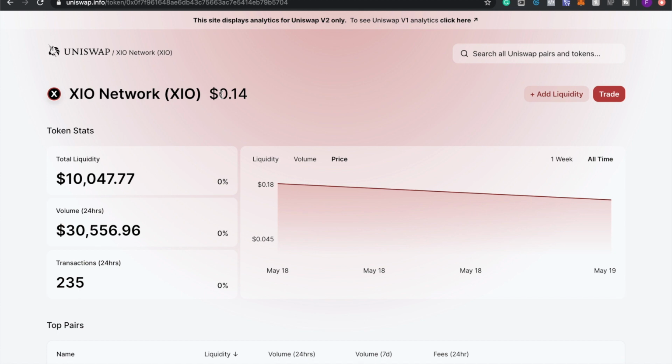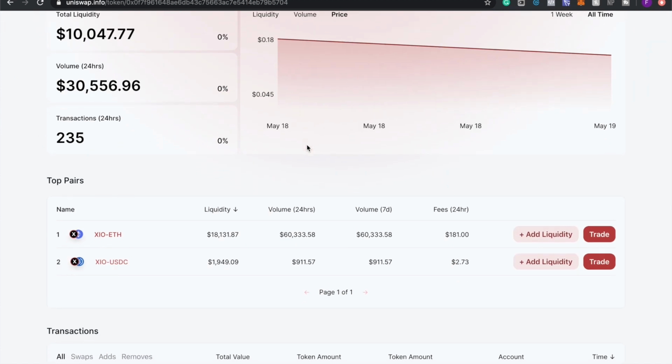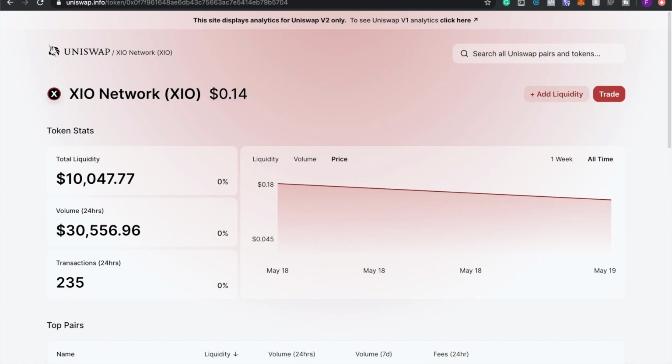And this might be a great time to buy because it's a major pullback, and who knows, no one can predict what the price will go to, but definitely this is a coin that might have potential in the future. Now, like I said, no one knows what the price will go to, but if it went to 30 cents and it has such a unique project behind it, being like Uniswap, who knows how high it might go. This is definitely a high risk coin though, so be careful if you guys want to invest in this. This is just, if you need some more information on it, if you guys aren't interested in this coin.